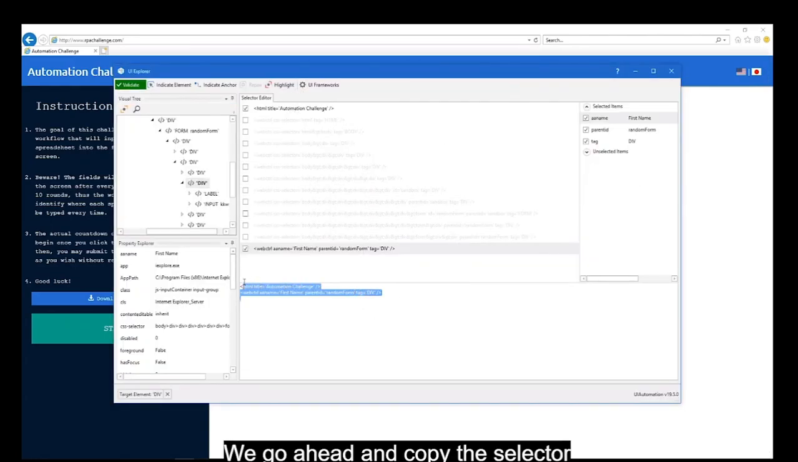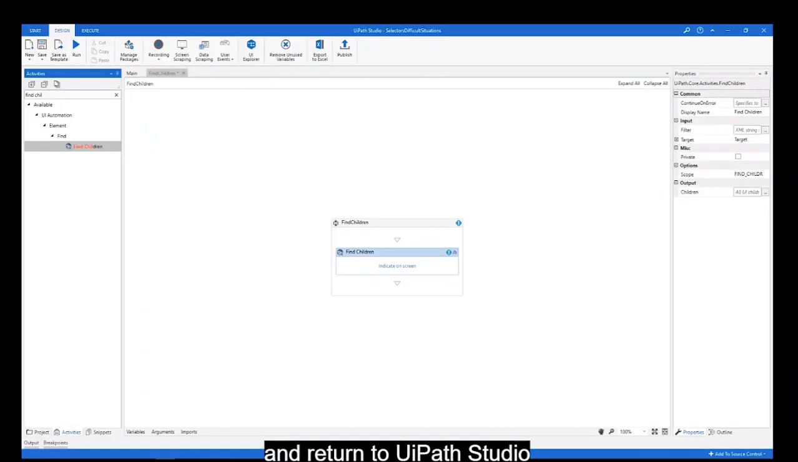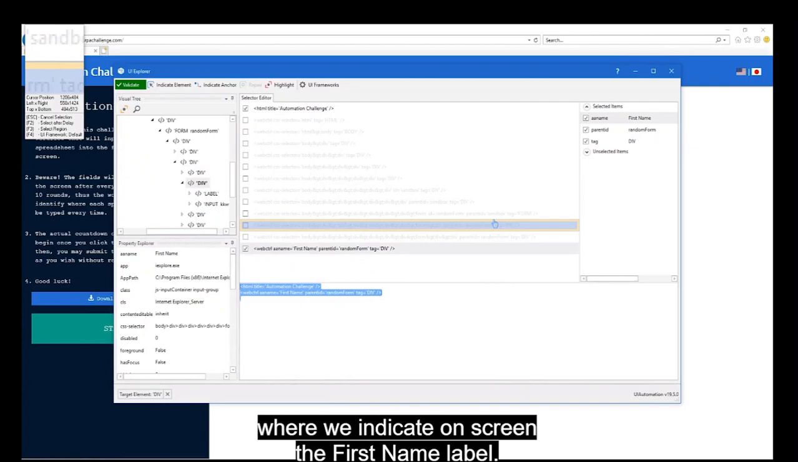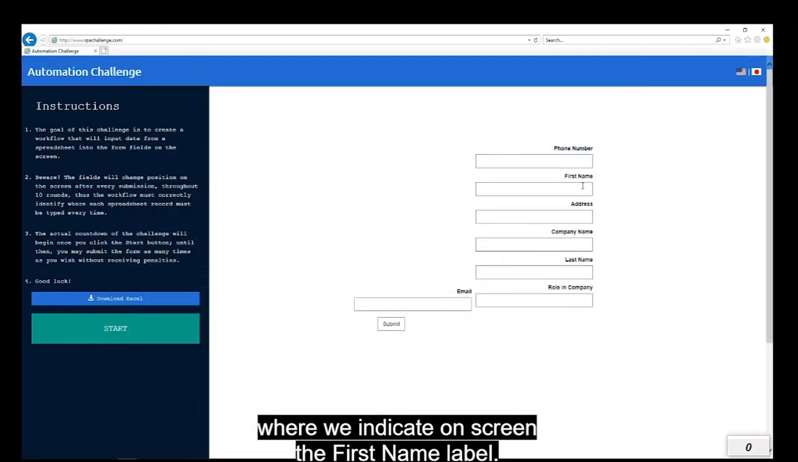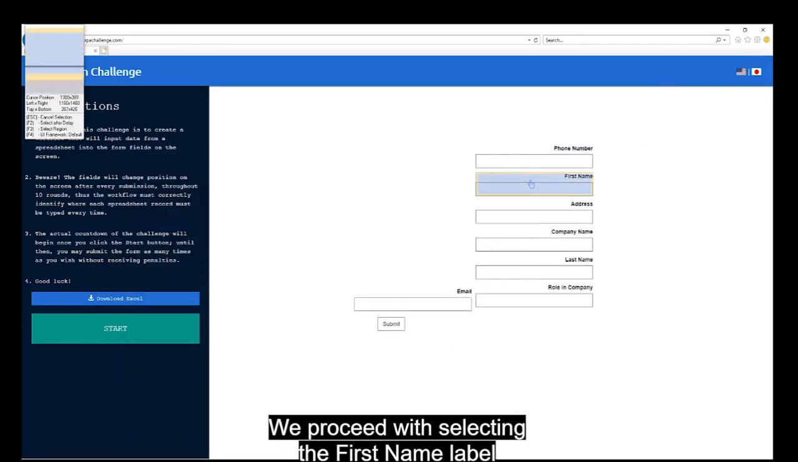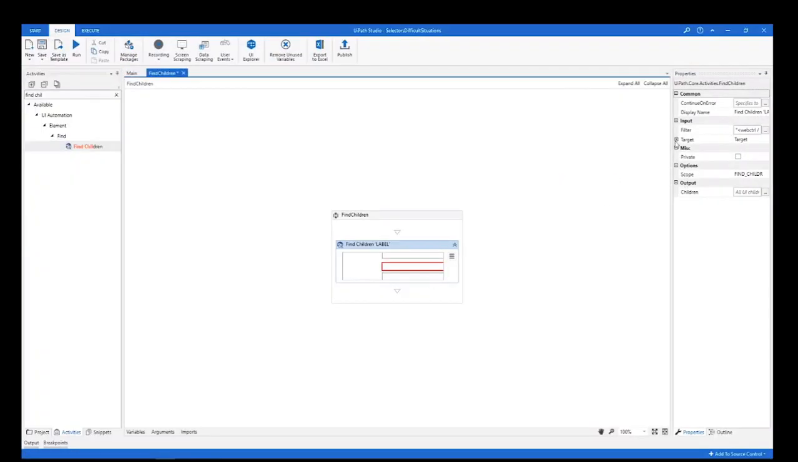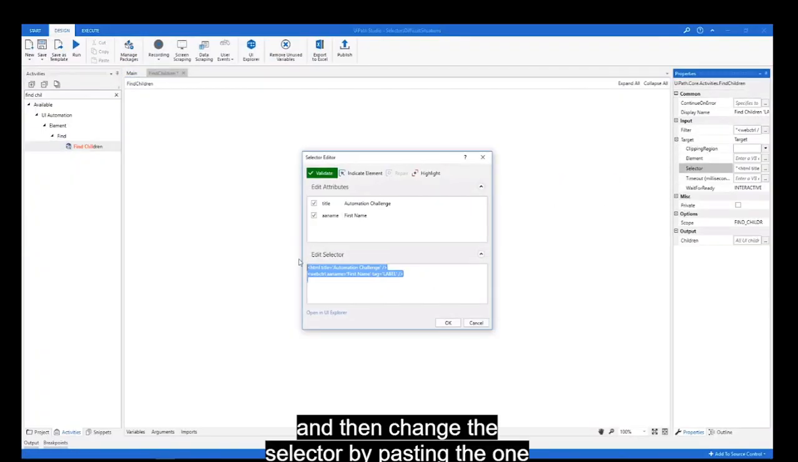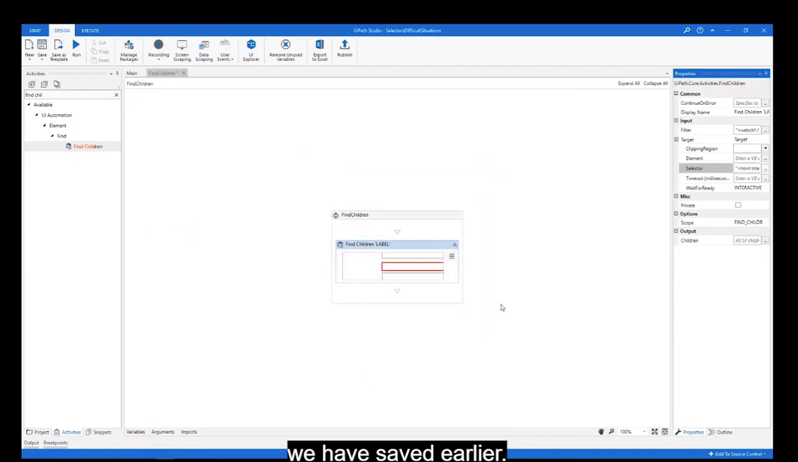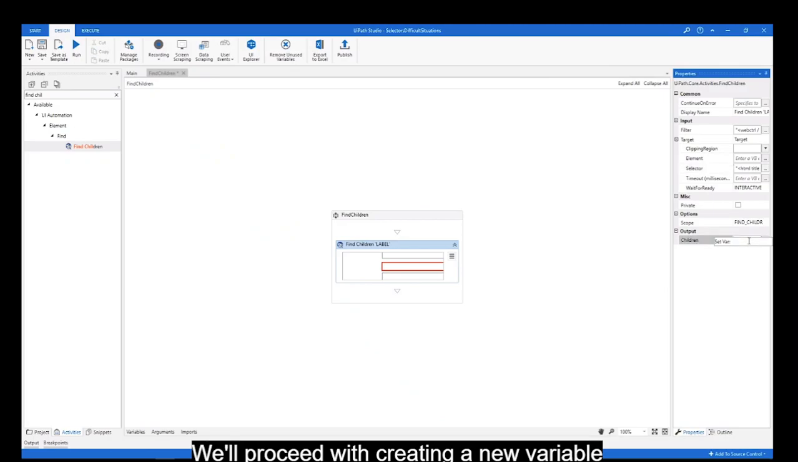We go ahead and copy the selector that we currently have and return to UiPath Studio, where we indicate on screen the first name label. We proceed with selecting the first name label and then change the selector by pasting the one that we've saved earlier. The output of this activity is a collection of all the UI children that are identified according to the scope defined. We'll proceed with creating a new variable, which we're going to call children, and change the scope from find children to